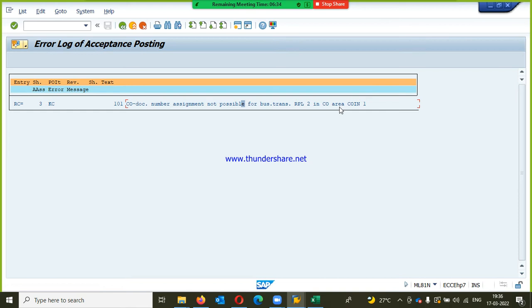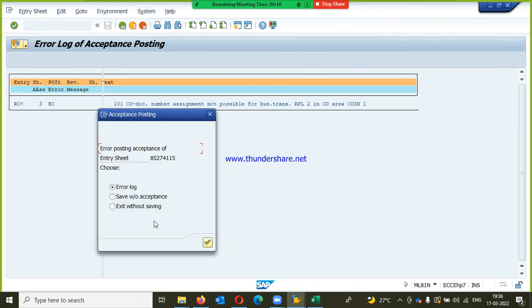As FI and CO is just two separate components, whenever any postings happens to finance department, through this number ranges we can post or we can see that entry in controlling also. That is, the error means for this posting controlling document number ranges not maintained. Simply you understand like this. Okay, so for this I'll come to